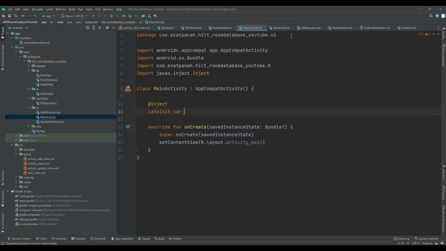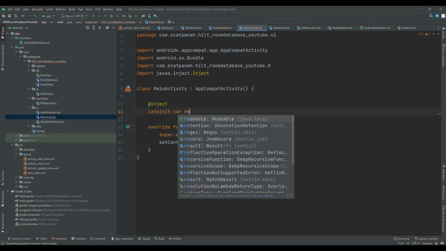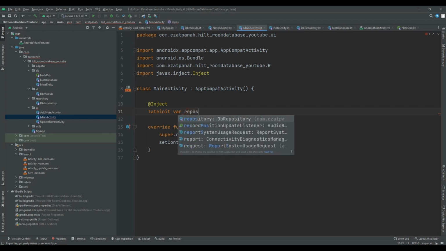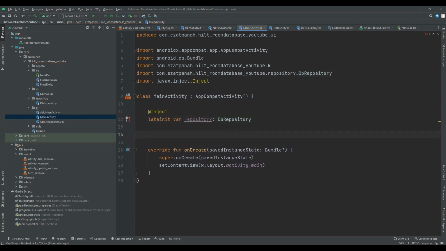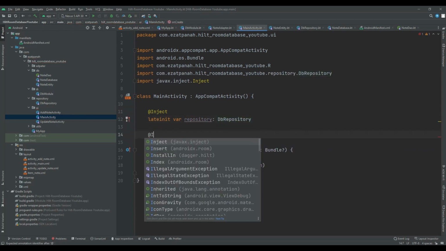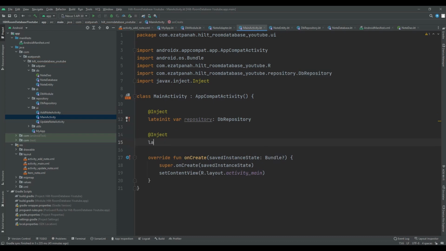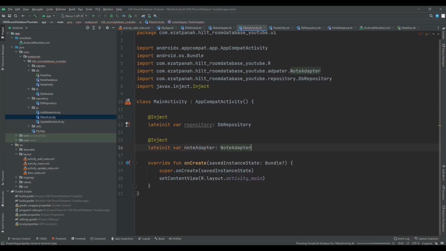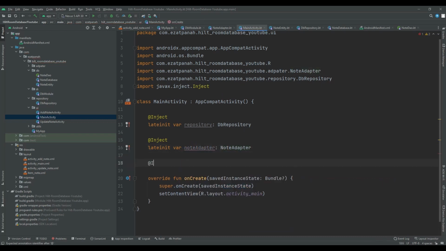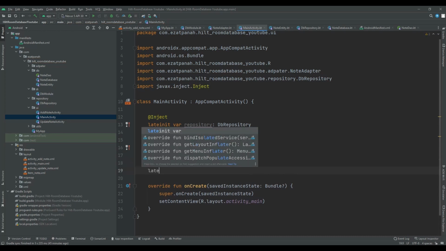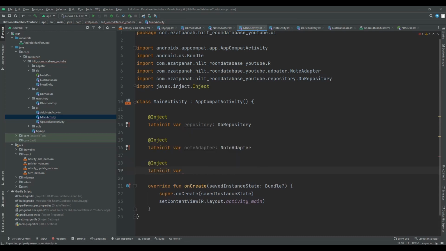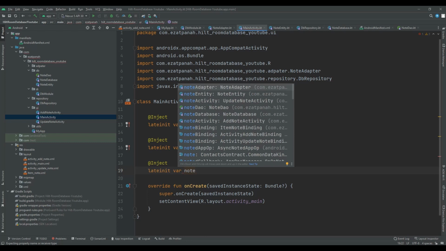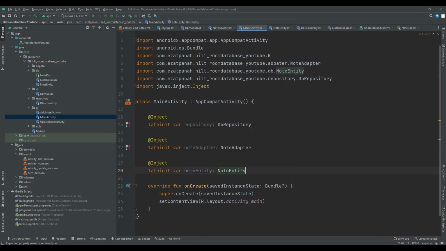So here the first one is about repository. Yes, here again @Inject lateinit var noteAdapter. Yes, here, and the last one @Inject lateinit var, and here I want to have my note entity